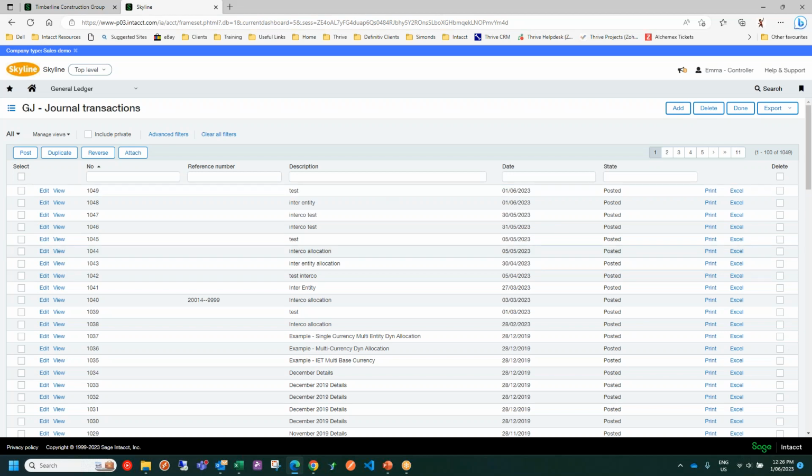Question from Shane about dimensions. He showed us some pretty comprehensive set of dimensions there, but are they customizable by user or by entity? How does that work? What options are available? Okay, so